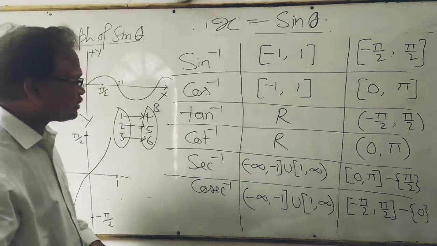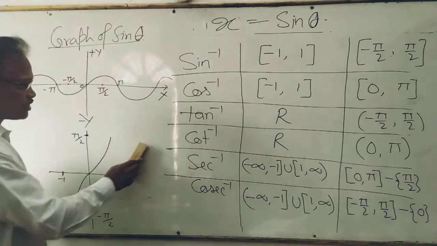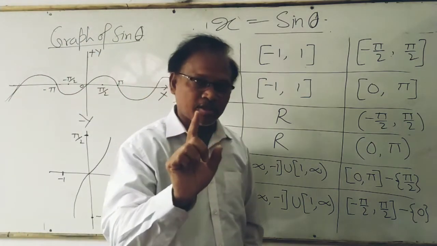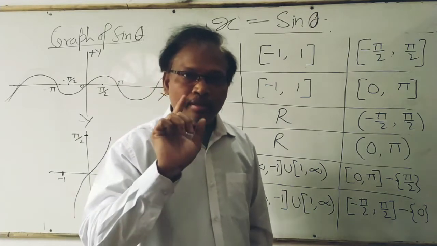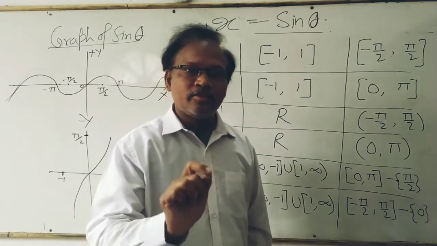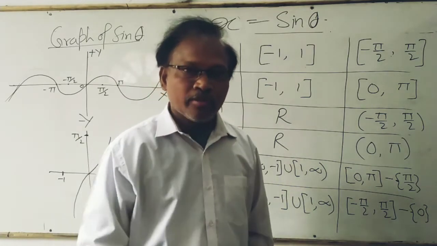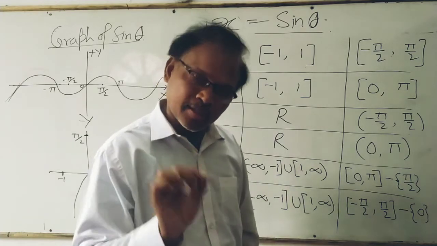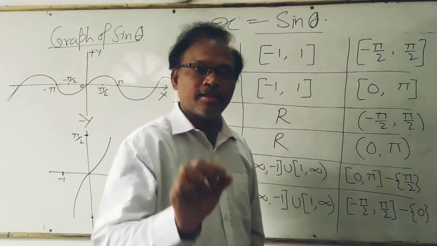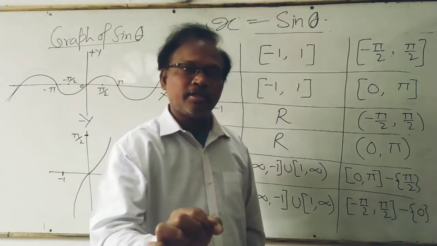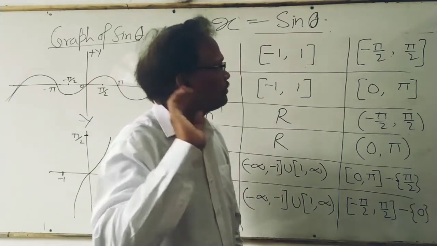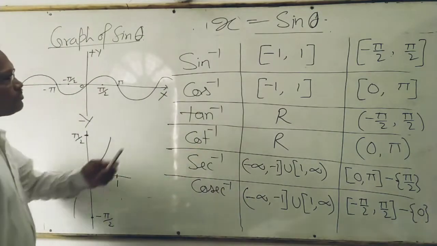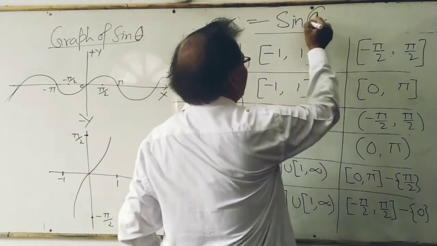So in the case of the inverse trigonometric function, this is for the invertible case, no element can be left in the set B. That is why it is said that if any function is one-one and onto, then you can say the inverse exists, otherwise the inverse does not exist. Clear? Now the domain of this function is